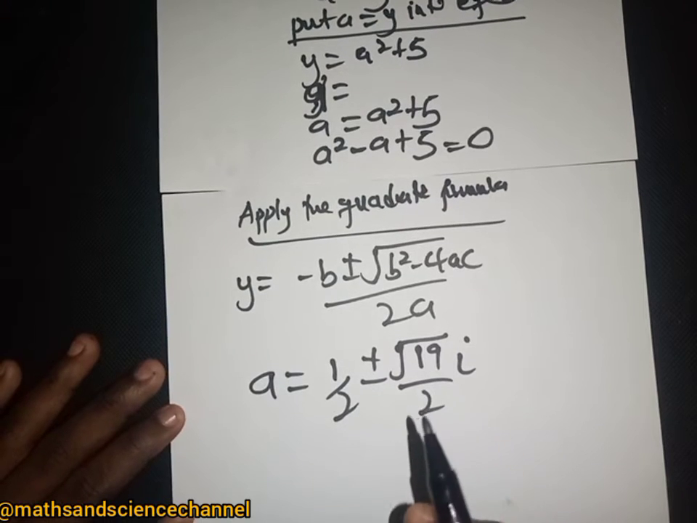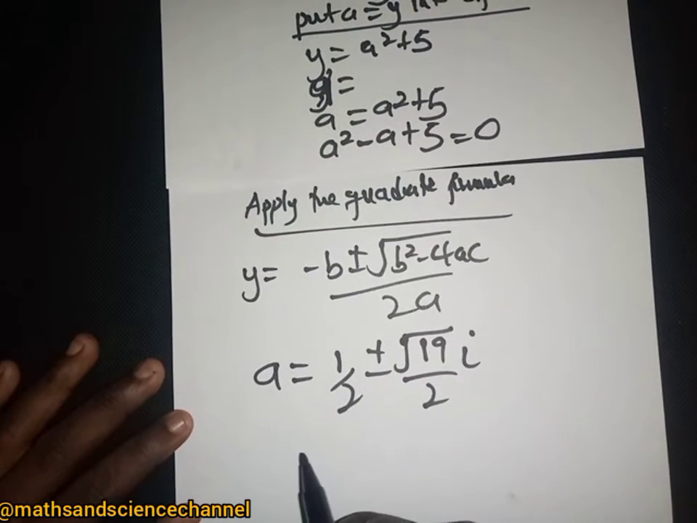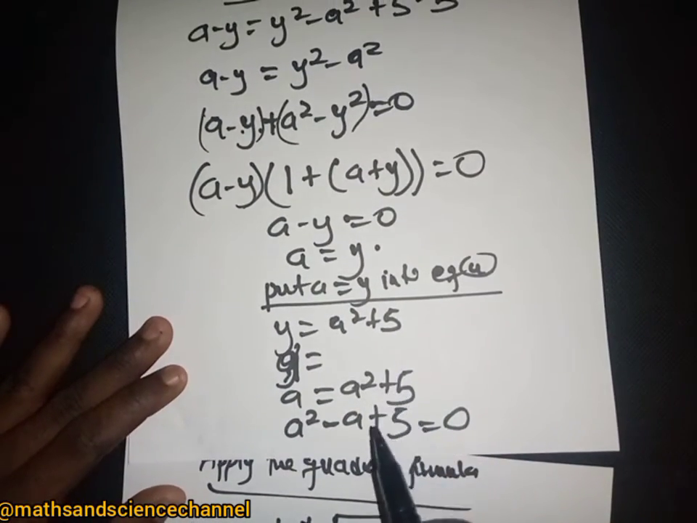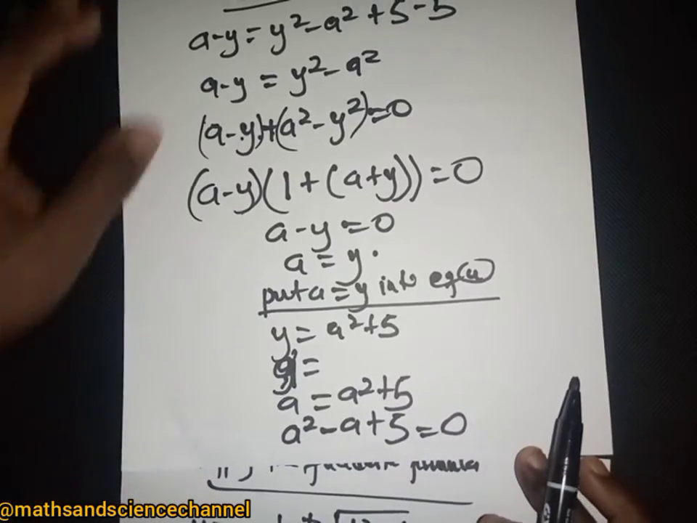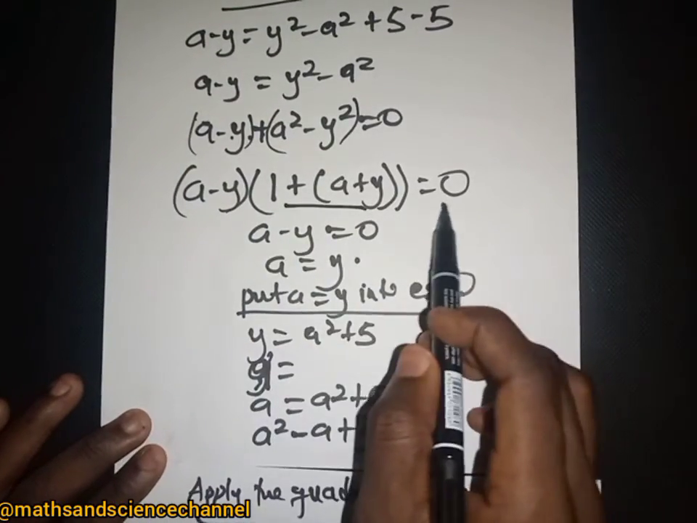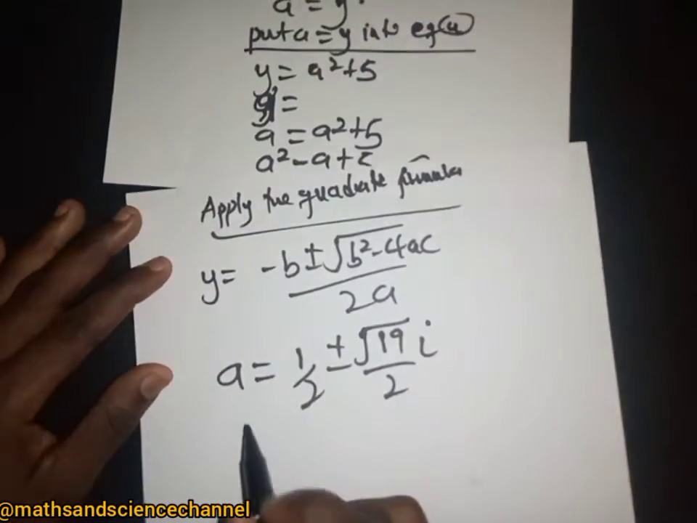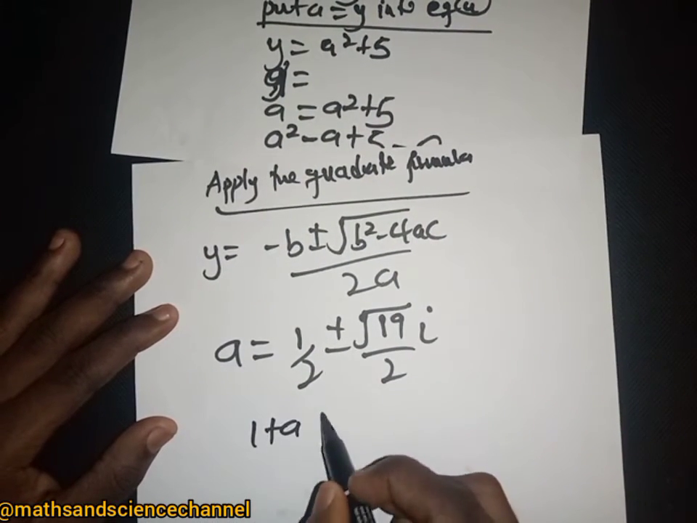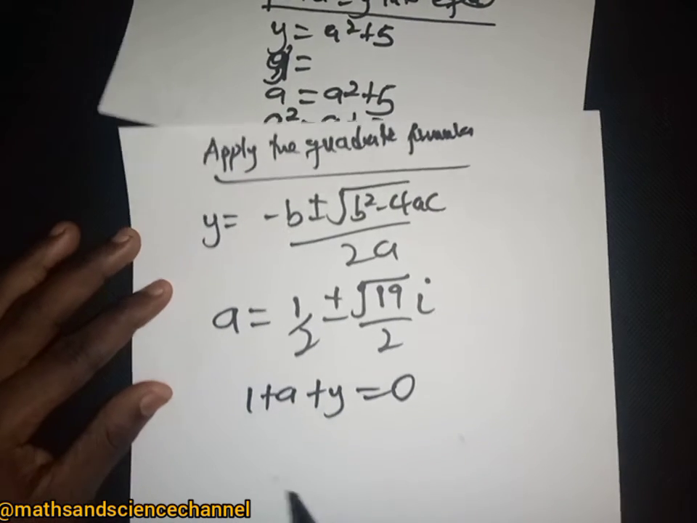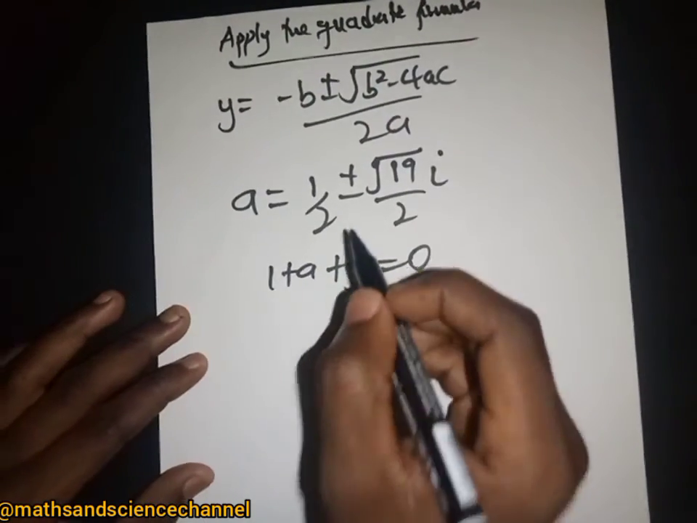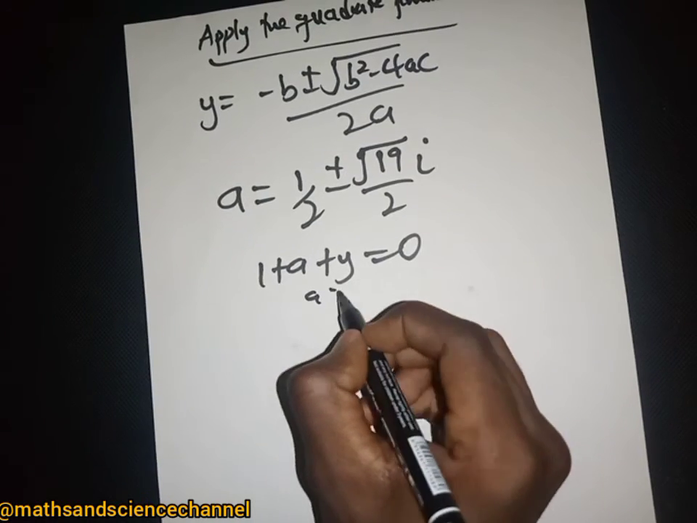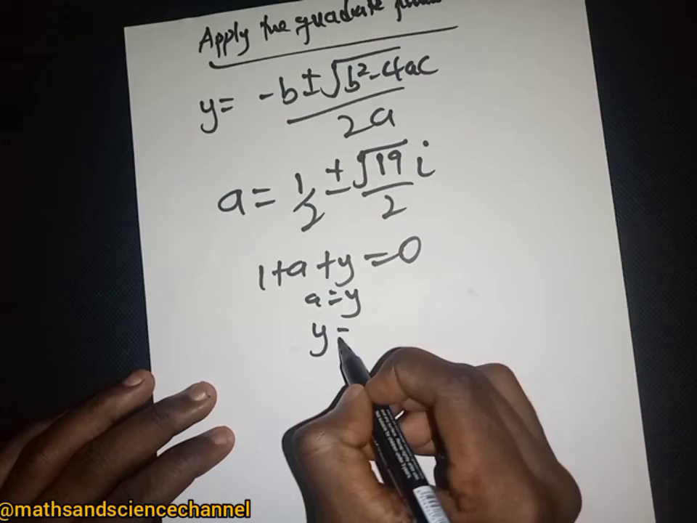Now for the second part, what we did here was to substitute this into the second equation, right? So let's substitute the other one into the second part here. So we have this being equal to 0. Let's do that. So we have 1 plus a plus y being equal to 0, right? So if in this case also a equal to y, then y here is just equal to